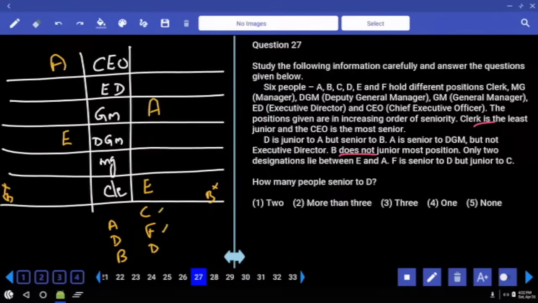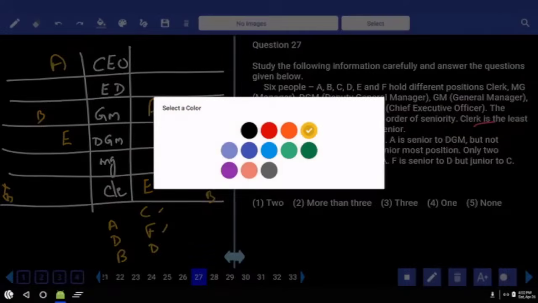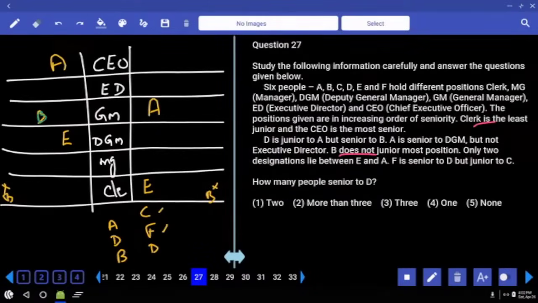Then what is the possibility we have here? B cannot be at the last. As B cannot be at the last, can B be at this place? No. Why is it no? Now B is here, and before this B we need to have A and D. Then D will be here, and before this D you need to have C and F, which is not possible. Hence B cannot be here, as well as here. Then can we have B at this place or not? Now B is here, then D will be somewhere in these 2 places, and before this D we need to have C and F. Clear, that means C is here, F is here, then D is here, and after this D then B must be here.